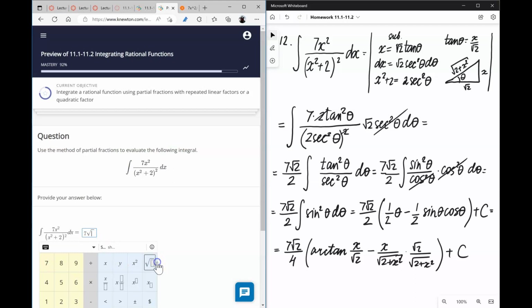So we're going to do 7 square root of 2 divided by 4. Inside of the parentheses, we're going to have arctan of x over square root of 2 minus, we have x square root of 2 divided by square root of 2 plus, actually there is no square root of 2 over here, it's just x squared plus 2 plus c,